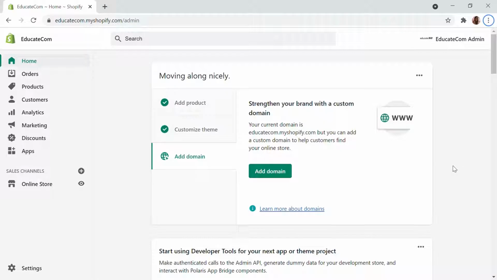So today in this video, we're going to see how you can set up shipping for your e-commerce store. On Shopify, there is a separate shipping and delivery option where you can set up all the shipping details so that you can send out your products to your customers and charge them for the middleman.